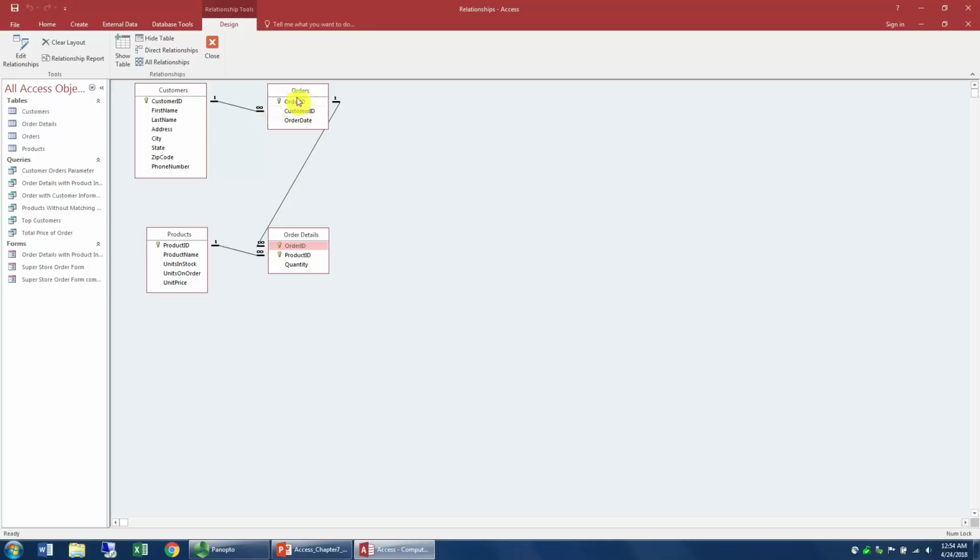I'll have one record in the orders table for the particular date I placed that order or showed up at the store, and I'll of course have one record corresponding to me as a customer. But just to highlight a little bit of the difference between orders and order details for you. So this is a high-level view of what the data we have in here, and let me go and show you